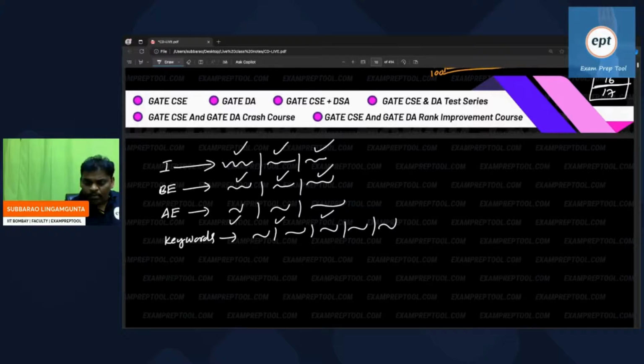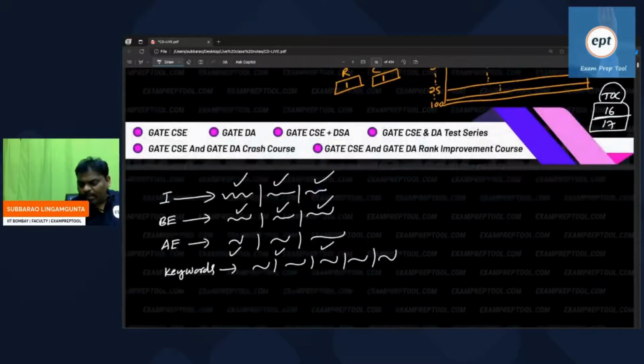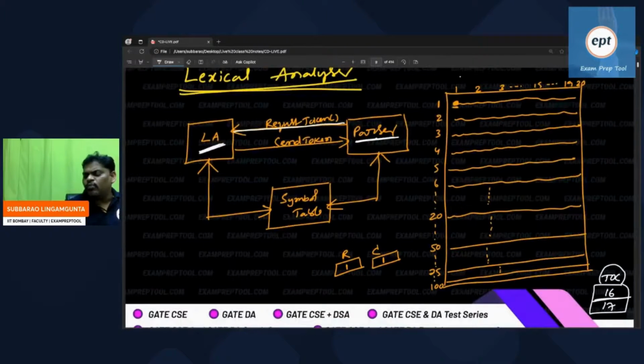Remember everyone, everything in C programming has rules. Identifier purpose, one grammar there. Boolean expression purpose, one grammar there. Arithmetic expression purpose, one grammar there. Keywords purpose, one grammar there. And one more thing, constant purpose, one grammar there. Everything has some rules. Within a few minutes, everything will be okay. Don't get confused even a little bit.